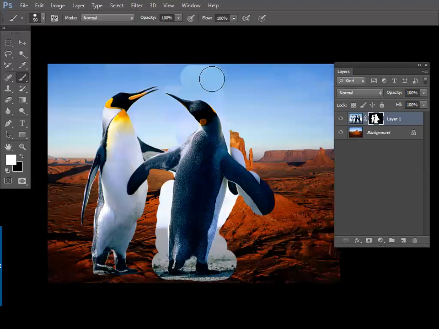Hope you understood the advantage of your present knowledge over your past knowledge. What is your past knowledge? Lasso, and to delete or copy paste. But what is your present knowledge? Brush. And what you are doing now, brush is not only to make digital painting, but it also helps to make matte painting.